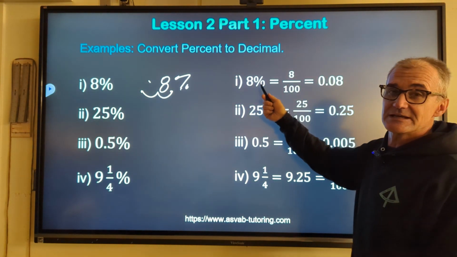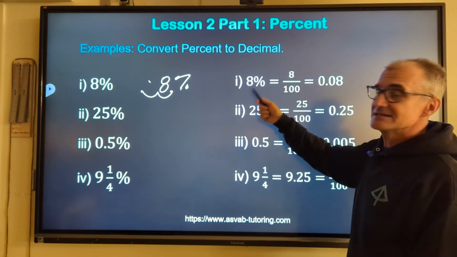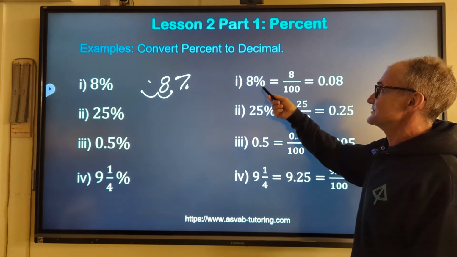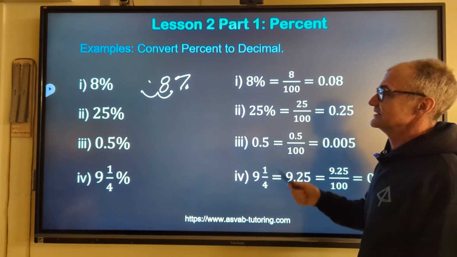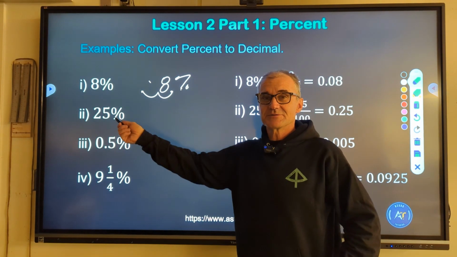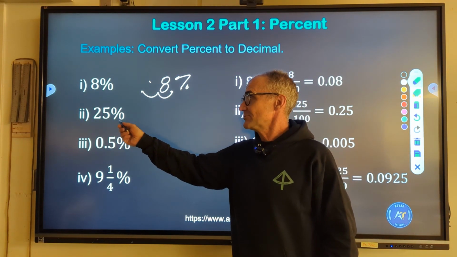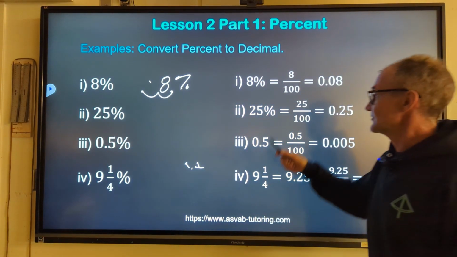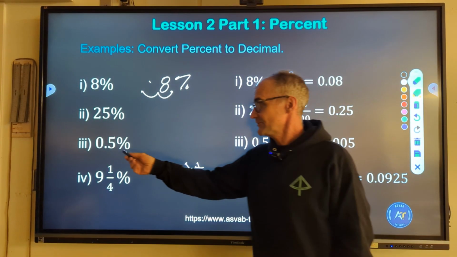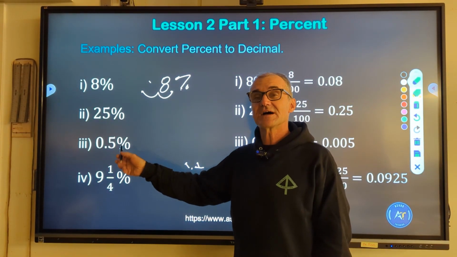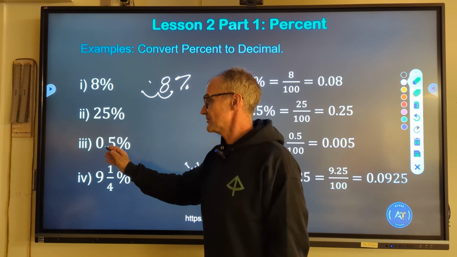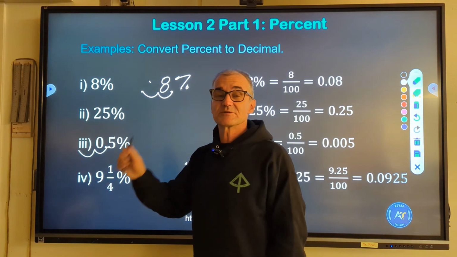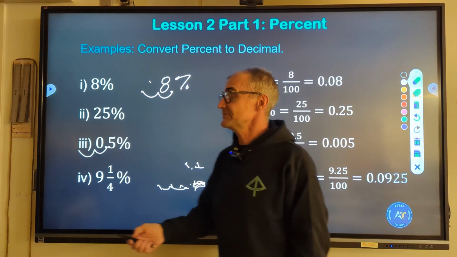The other way to look at 8% is every percent is out of 100. So 8% is 8 of 100. So I'll cover this up with 25%. Go over 1, 2, 0.25, or 25 100ths. This one's a little trickier. 0.5%, you got to go over 1, 2. So it's going to be 0.005